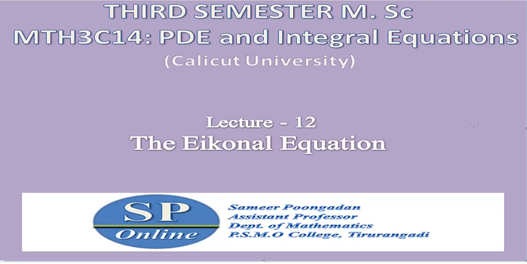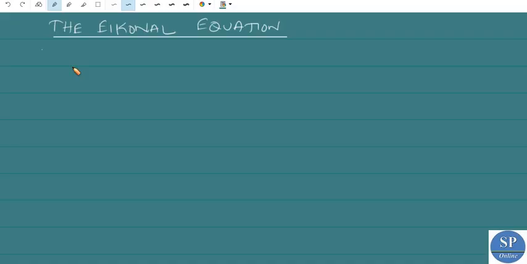Hi, in this lecture we will solve the eikonal equation. The two-dimensional eikonal equation has the form ux square plus uy square is equal to some n square. This is the two-dimensional eikonal equation where the surfaces u equal to c, where c is a constant, are